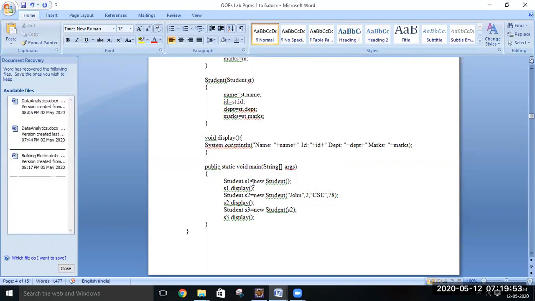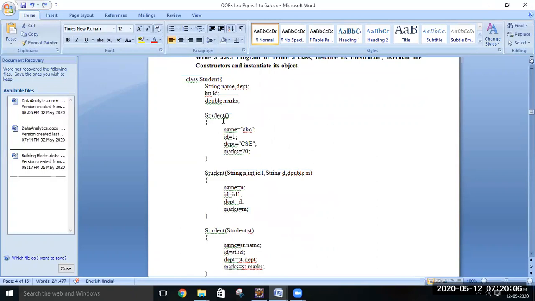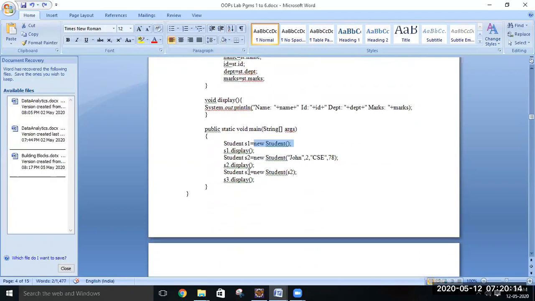The first student is initialized using the default constructor Student. The default constructor is invoked here, control goes to it, and the first student gets name ABC, ID 1, department CSE, and marks 70. That is the first student's information.